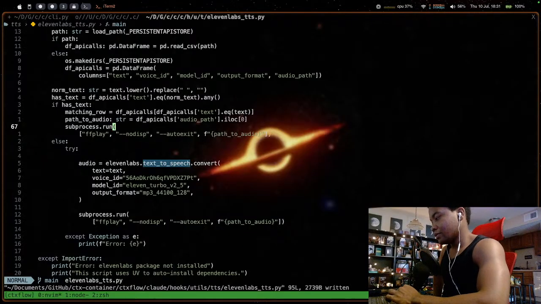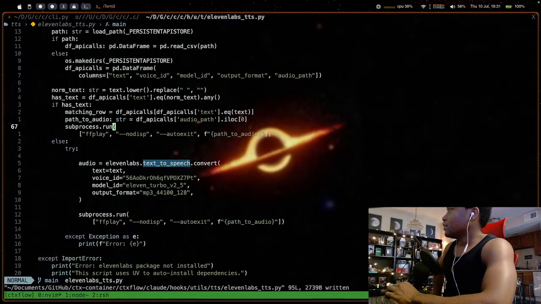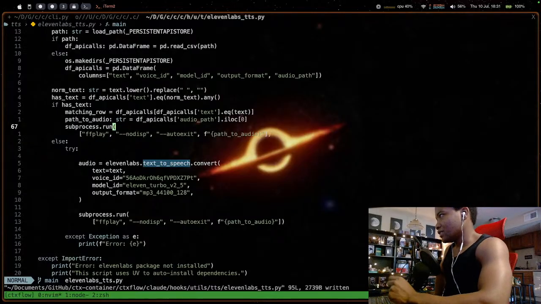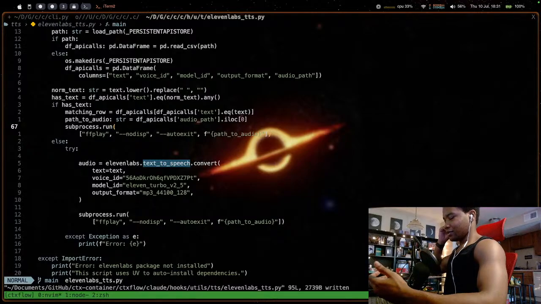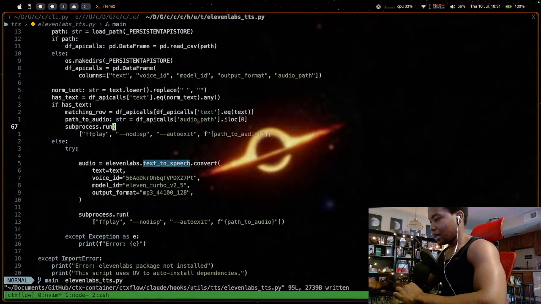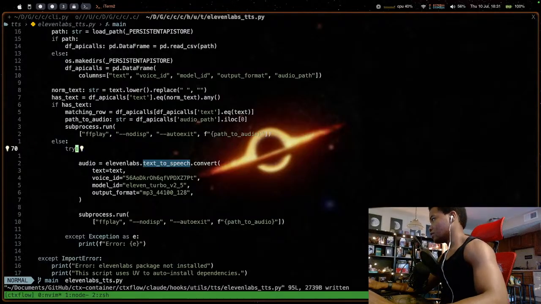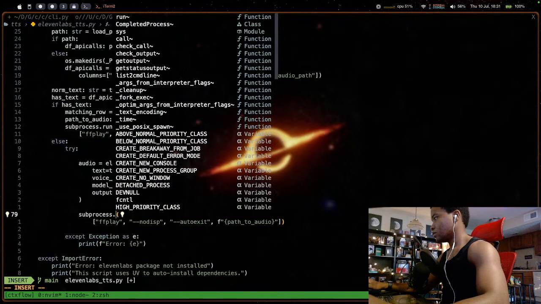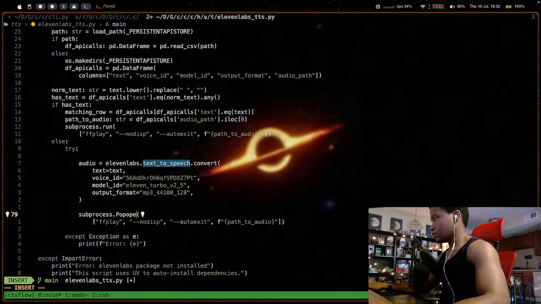Okay, so 11 Labs. I don't know. It's kind of weird. Maybe I'm just slow. It's saying it's an audio file, but I think it's just bytes. That's technically MP3, but it's not actually in a file because that wouldn't make sense. So instead of me using run, I can use run with a file path, but I think just with the raw bytes, we do a Popen. I think command is Popen.